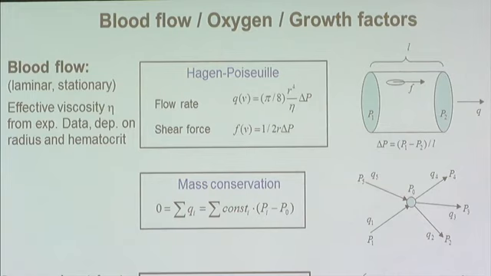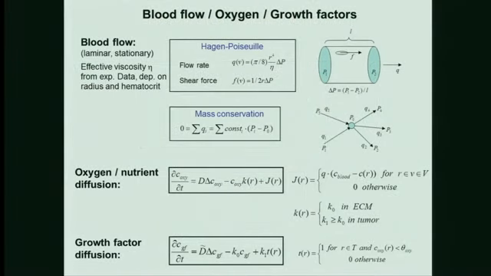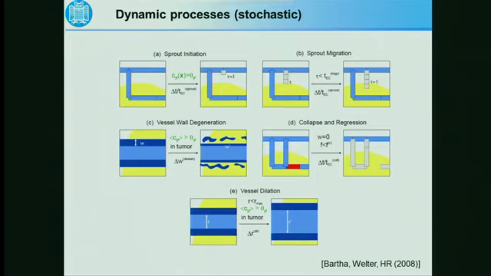This can very easily be understood by just remembering what actually happens in a series or a network of resistors when you increase this resistance or that resistor, or decrease it. There are some false conclusions in the medical literature about this. Okay, and then you have equations for oxygen and growth factors and so on, but I do not want to mention that. I just want to repeat again the microscopic processes, which are essentially stochastic,